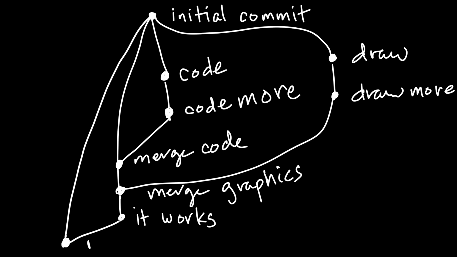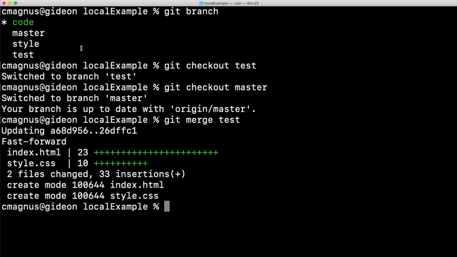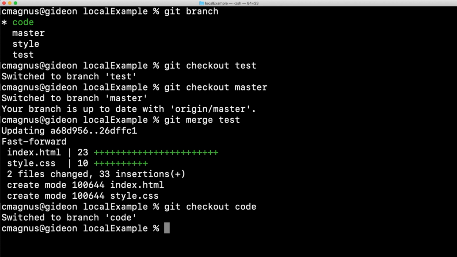You often use the main branch as a release branch that you know is stable. So now that you have a release, how do you get the working code back to the other branches? You start with release and merge to the development branches. So I'm in my main branch right now. So to change to my code branch, I'm going to type git checkout code. To merge the stuff from the main branch in, I just type git merge main.